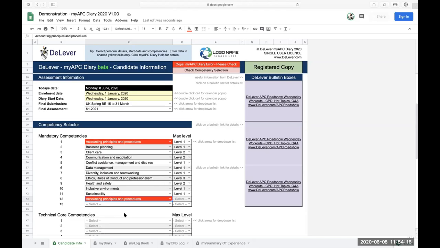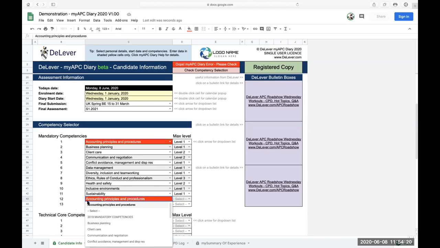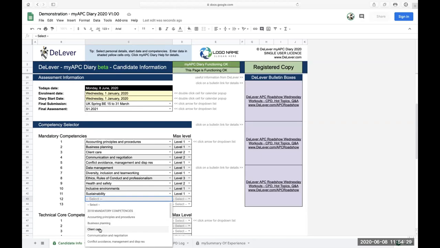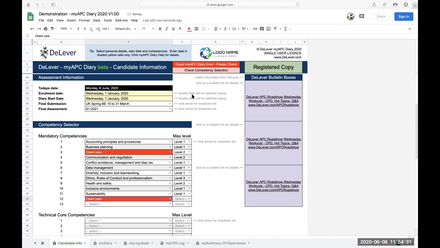So you wouldn't want that to happen. So very, very simply, come back to it and go, oh yeah, made a mistake there. I'll put that back to select, and the system will go away and say that's fine. Now you'll also notice, which I'll talk about in a moment, let's take client care this time, up here at the top right, or right to the middle of the top, you'll see there's an error